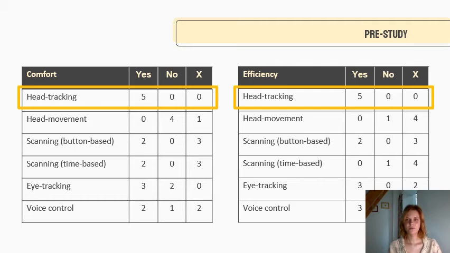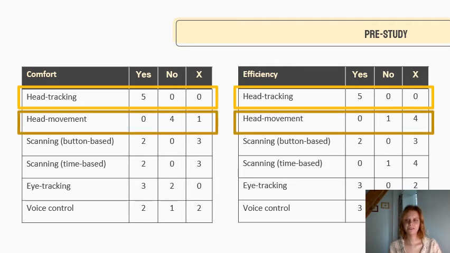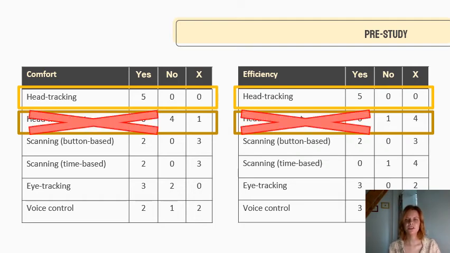And the head movements were very bad and very uncomfortable for most of the people, so no one really liked it. And the other methods were somewhere in the middle. So the result of the pre-study was that I excluded the head movements from the further study.